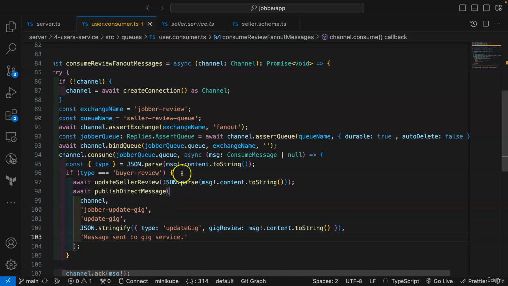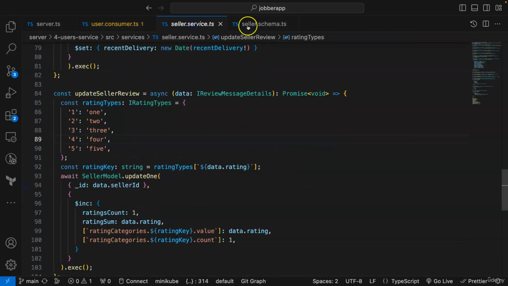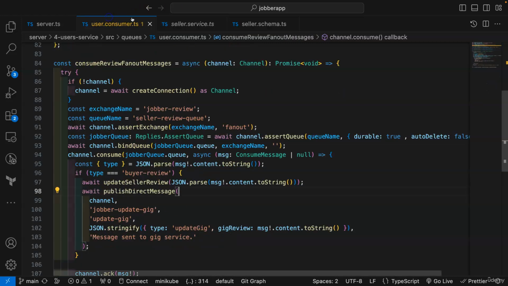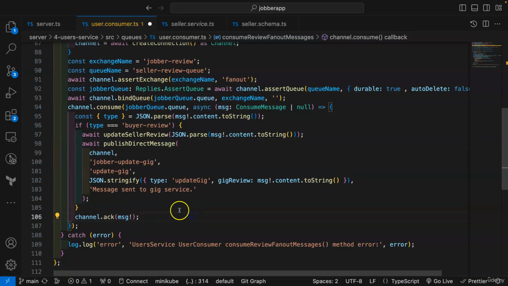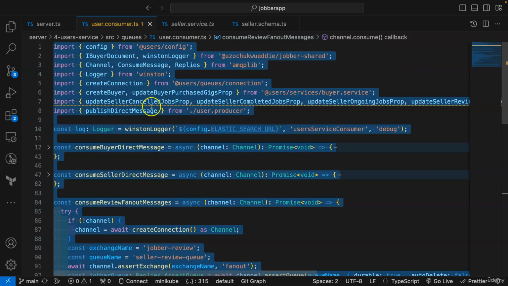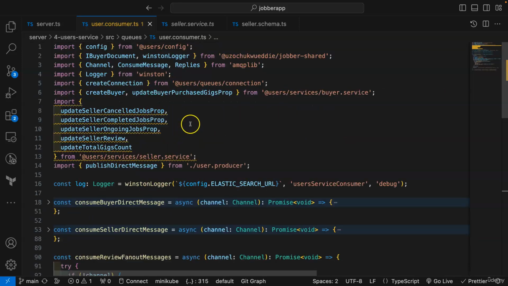Okay, so here it's simply, once we get the fan out message from the review service, then we check if the type is equal to buyer review. Then we update the seller's properties like ratings count, rating sum, rating categories, and then we publish a message from this user service. We send it to the gigs service. Okay, so this is what we need for our method. Okay, let me just format this right here. Okay, and